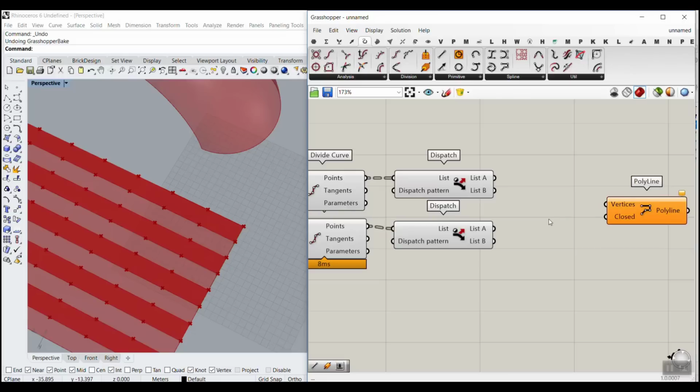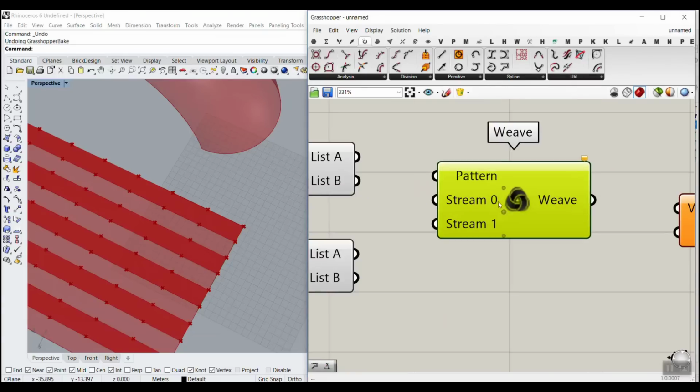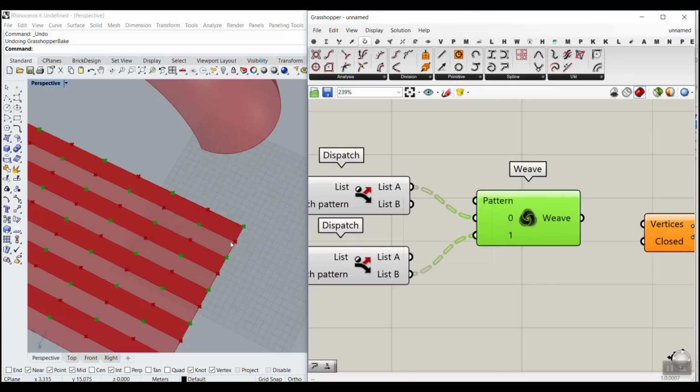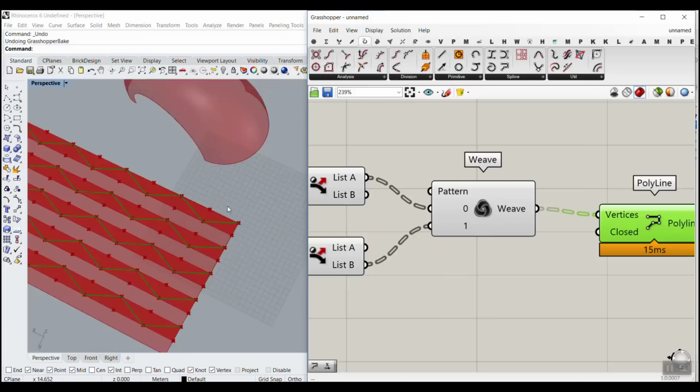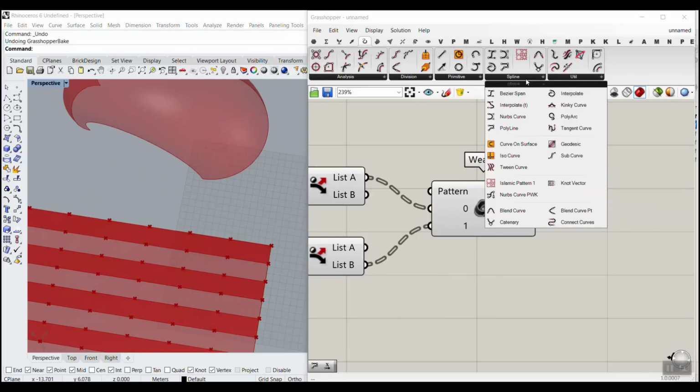The command you can use for that is the weave command, and you can pick between different streams. So you can see that I have picked two streams, the list A and list B. That means that if this is true, this is false, this is true, and this is false, then we will go for the next one, and this will be true, this will be false, and we want these points, right? The true for the up edge and the false for the down edge. So when we weave that, let me just connect that. You can see that this is simply connecting this to a polyline,